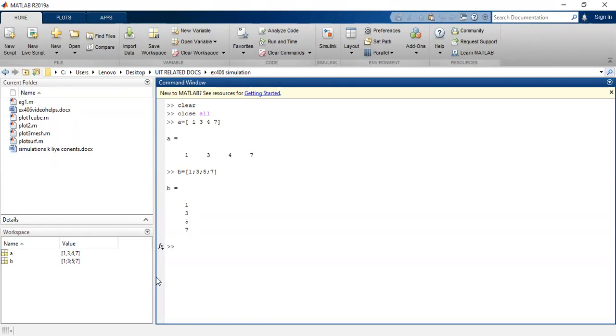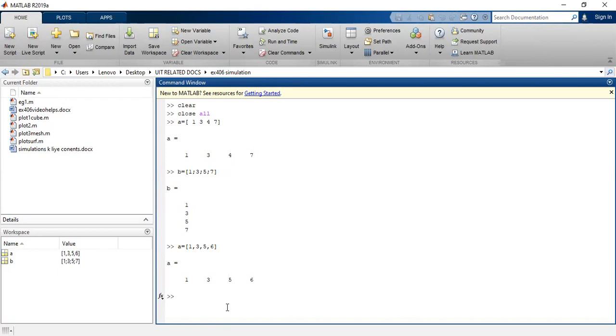The same A can even be written in this way: 1 comma 3 comma 5 comma 6. We can also use commas, and then it would still be a row vector. The column vector needs to be written in this manner only. You need to use the semicolons in between each of the rows.